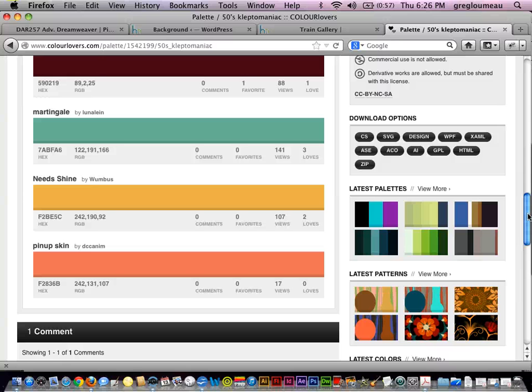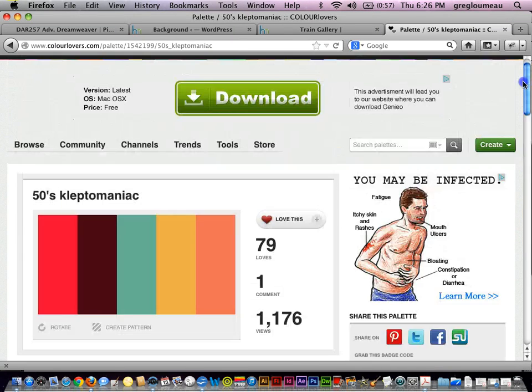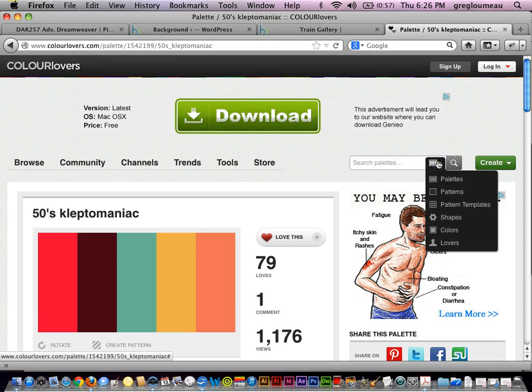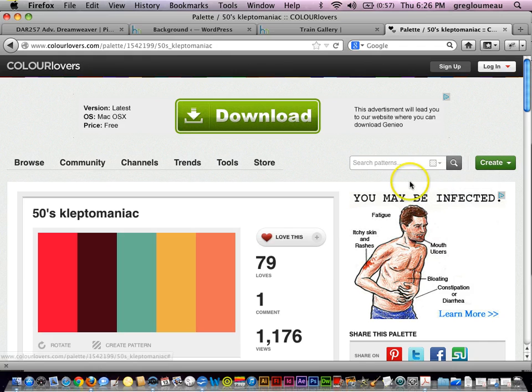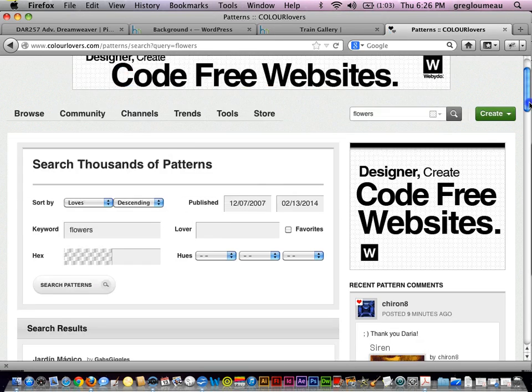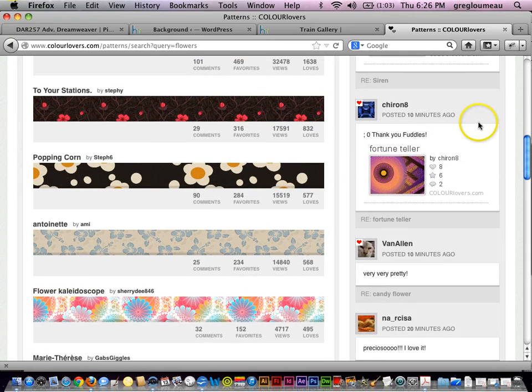Now, the other thing that you'll see on this site are patterns. For example, let's go back up to the search box and click on the little icon and let's choose patterns. And let's search for, I don't know, just put in flowers or floral or something like that. And then scroll down and you'll see all of these cool patterns, and a lot of these are done as tiles, so you could literally grab one of these patterns, download it, and then upload it as the background image for your WordPress site, and it would tile that in, like tiles you would put on your floor, and it would be a seamless pattern that would just show all these flowers. Okay, so